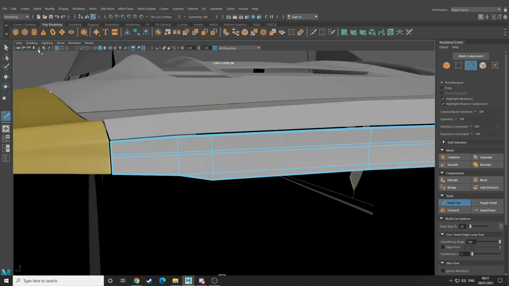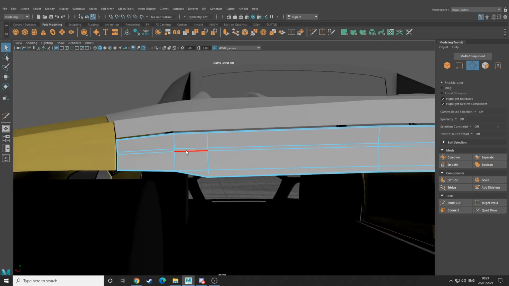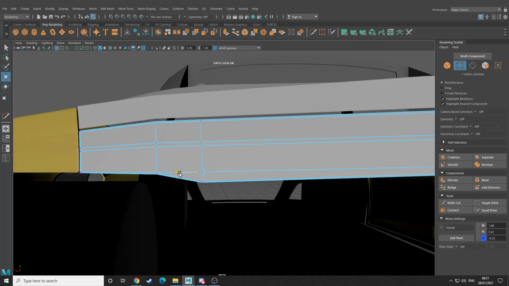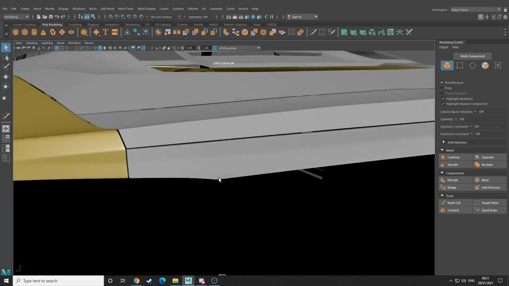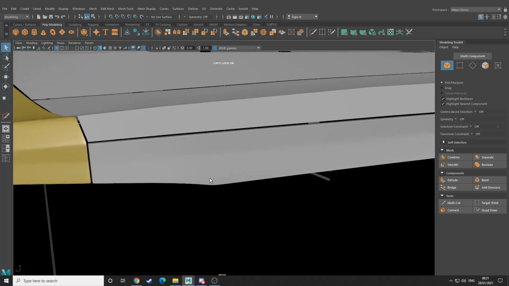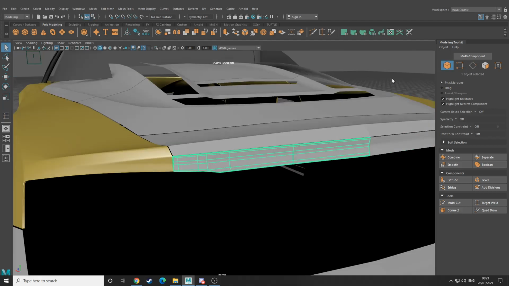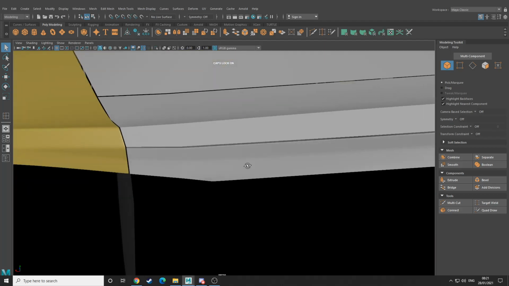Add the rest of the edge inside. Let me just move this over a little bit here. Okay, so we can see we've got a bit more of a point on there, which is what we want. It does look like we want to maintain the other side a little bit better, so maybe if we drop something in here. So we've got a little bit more to that,